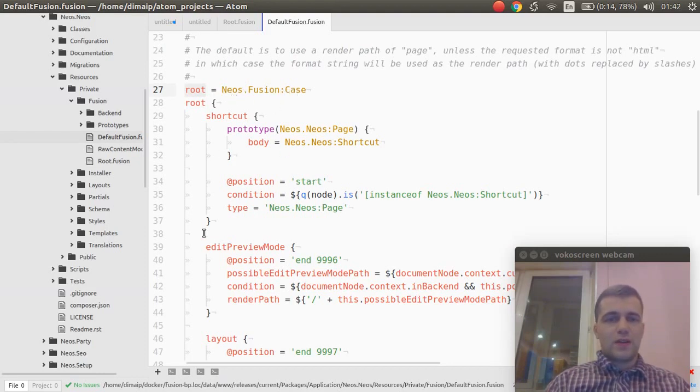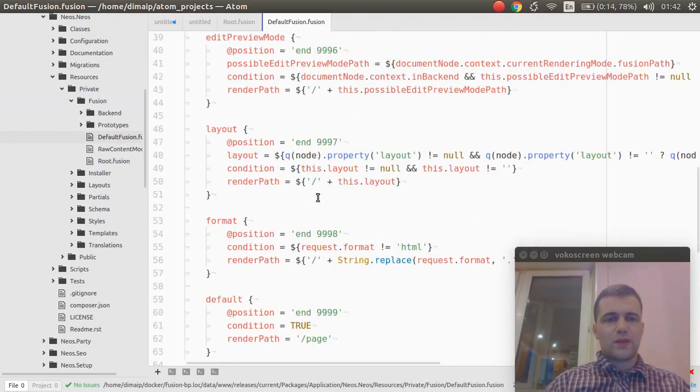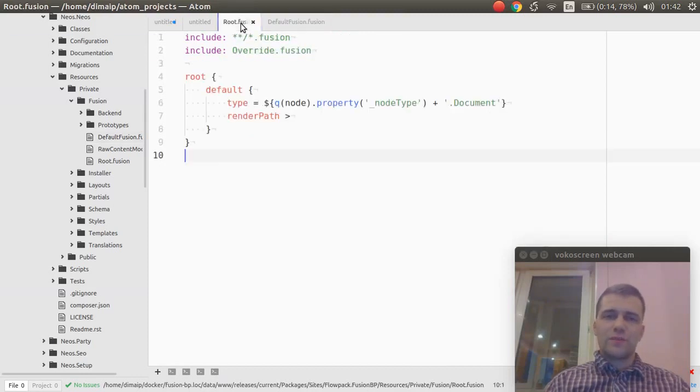It's the case object with a lot of options, but the most important thing that you have to know is that rendering of content in NEOS always starts at